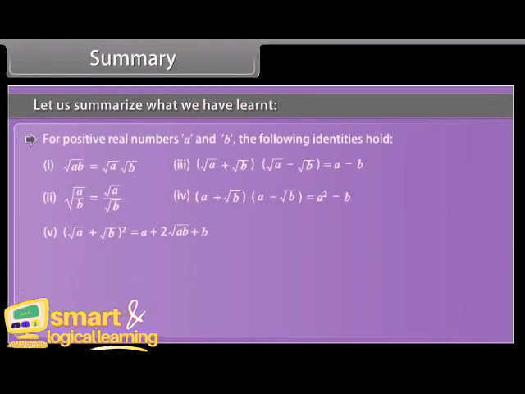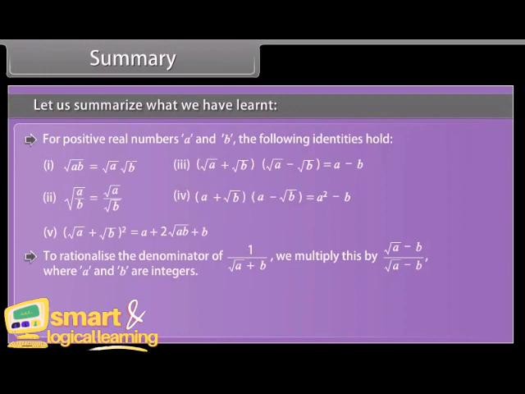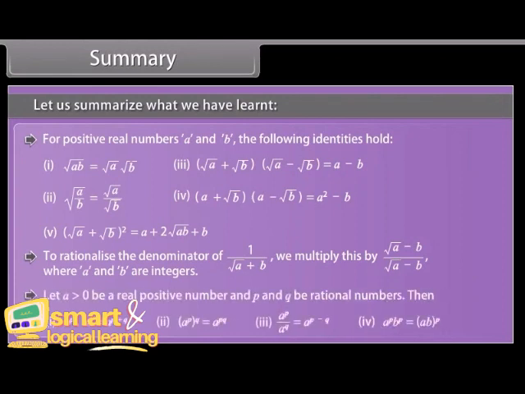For positive real numbers a and b, the following identities hold. To rationalize a denominator of 1 upon under root a plus b, we multiply this by under root a minus b whole upon under root a minus b, where a and b are integers. Let a be greater than 0, a real positive number, and p and q be rational numbers, then